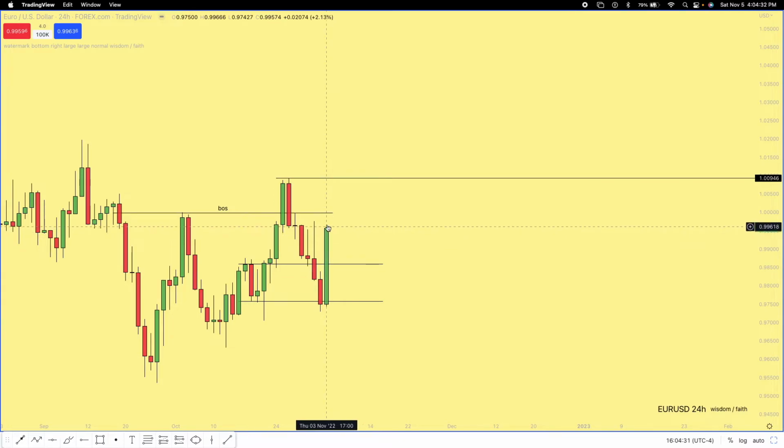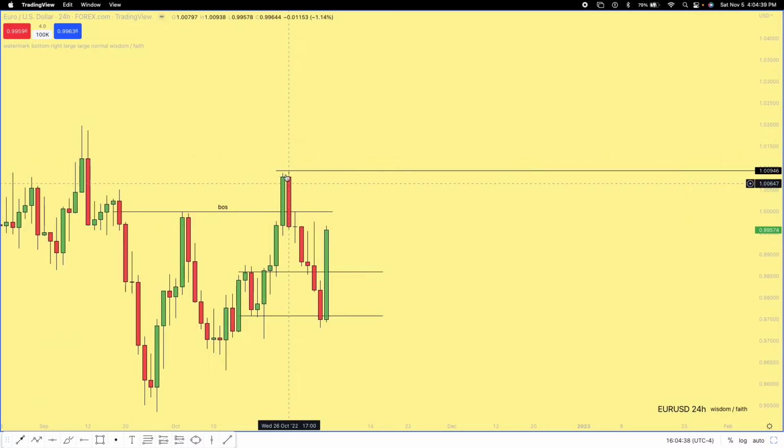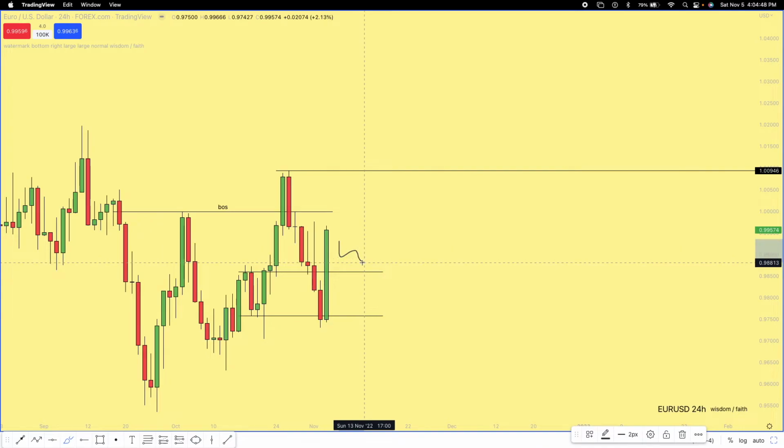So I want to potentially see price come down, make the low of the week, like I say, and go ahead and see price start to target up here. We got buy side liquidity resting here. If price doesn't go all the way up there, I don't care, as long as I know that we could potentially come down and make the low of the week and see an expansion higher. That's all I need. I don't need for price to get exactly where I said it is.